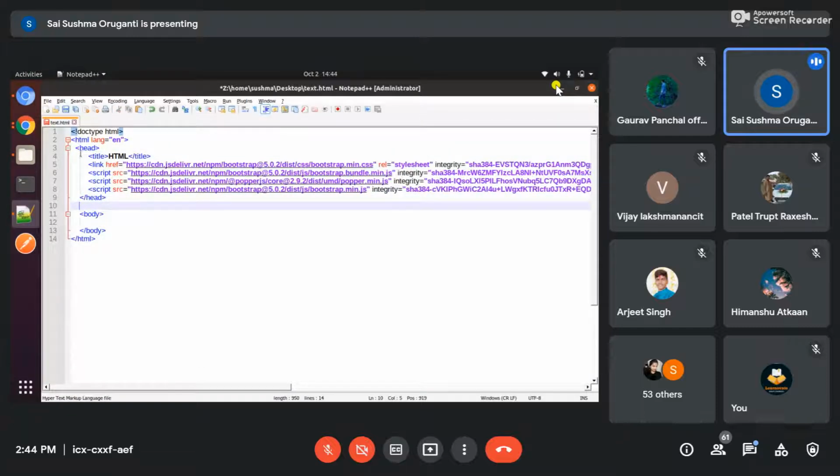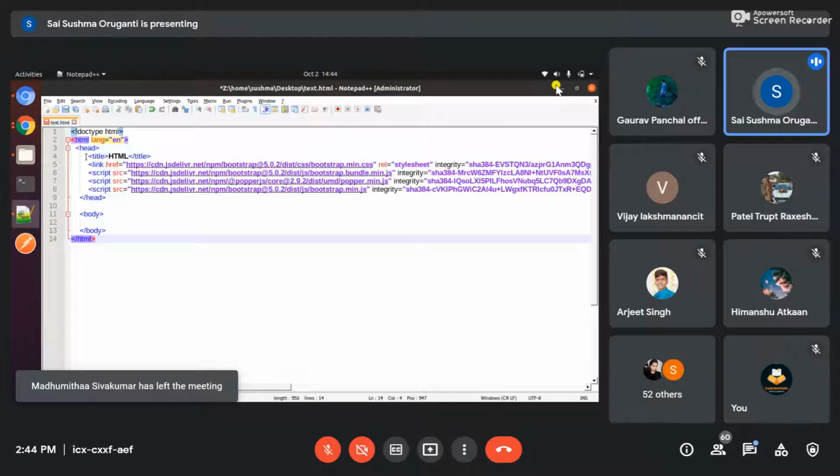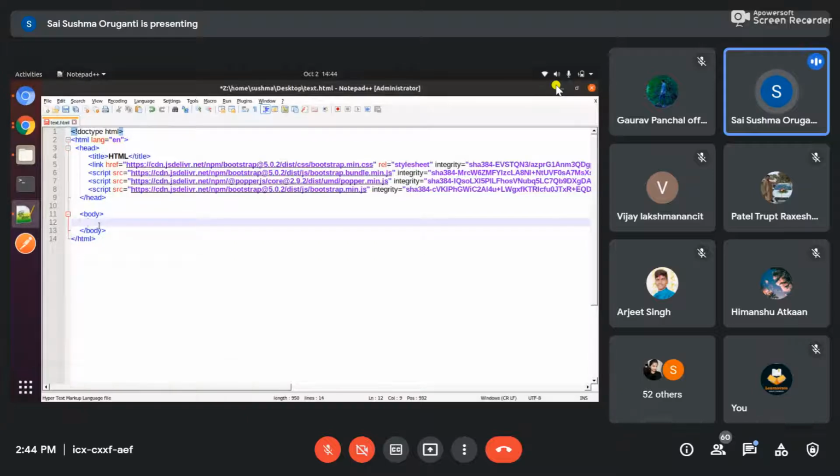And the HTML tag format also needs to be neat and clean. See, here I have started head and here I have ended head. Same with HTML, here I have started, here I have ended. Body, here I have started, here I have ended. These are all in the same line. Inside this I am writing this, so I have to give one tab space here. So the syntax must be neat and clean mainly.